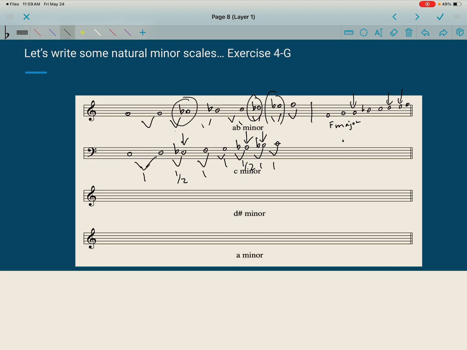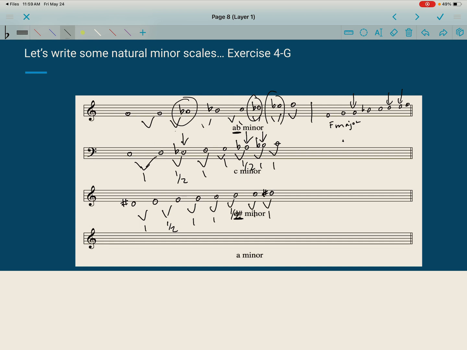So let's look at the D sharp minor. You have a D sharp, E, F, G, A, B, C, D sharp. So make sure that when you see this, a D sharp or an A flat, that you're writing down the tonic as written. This is not a D minor scale, this is a D sharp minor scale, and we are going to write whole, half, whole, half,